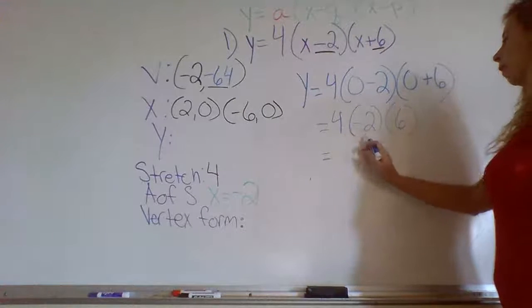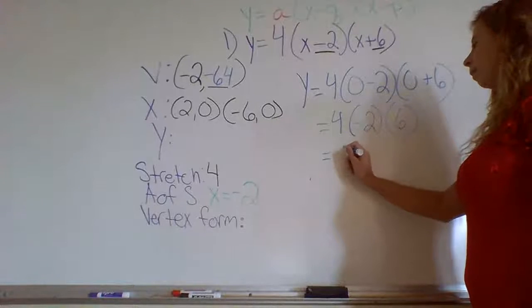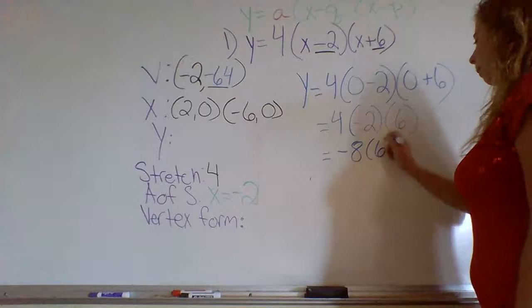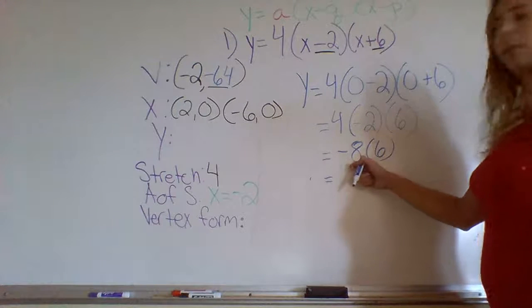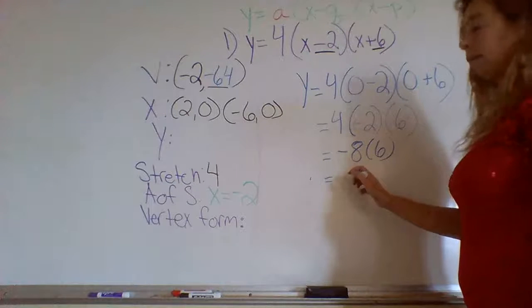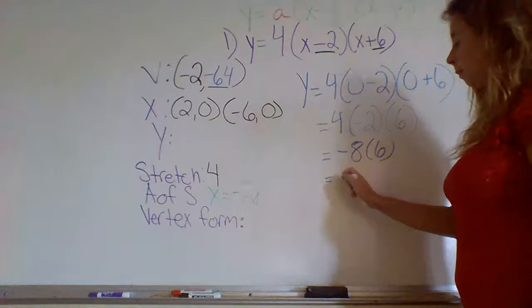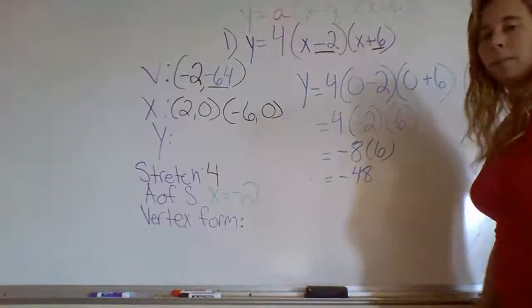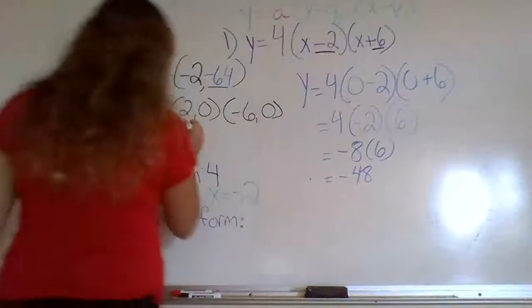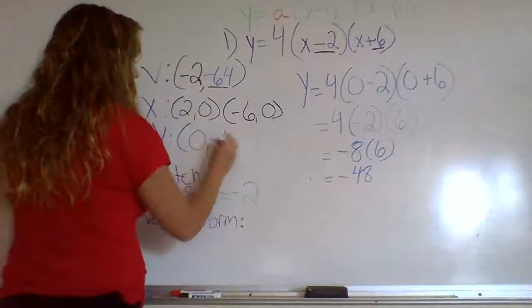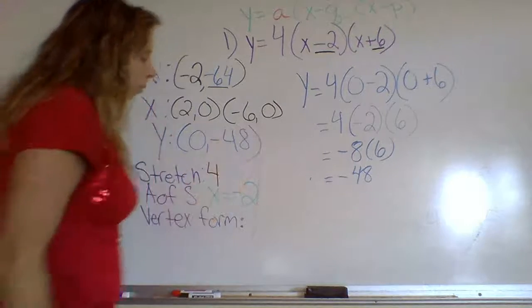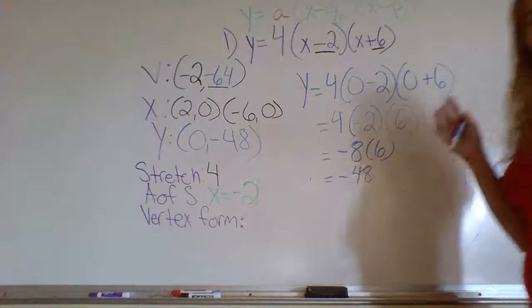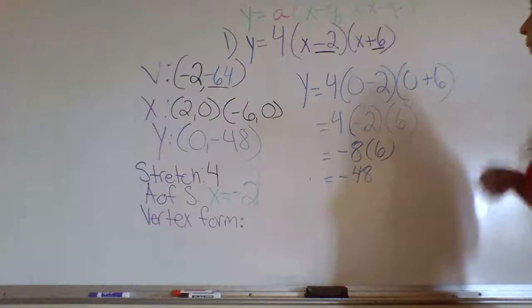So 4 times -2, -8, times 6. Negative 8 times 6. Negative 48. So that would be your y-intercept. 0, comma, negative 48. Woo! Watching my shadow. Anyways, so